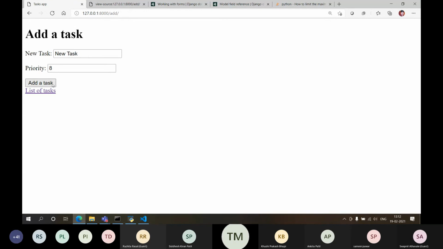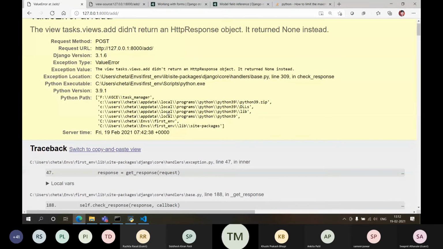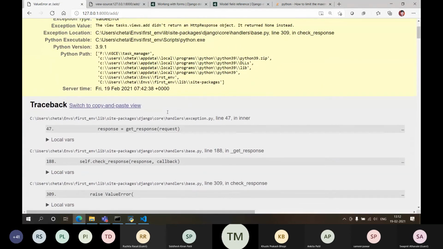I'll try to add. Okay, I'm sorry, what is the error over here? It didn't return HTTP, it returned none, right? So this is what the server side validation is. I mentioned if the form is valid, right? So here